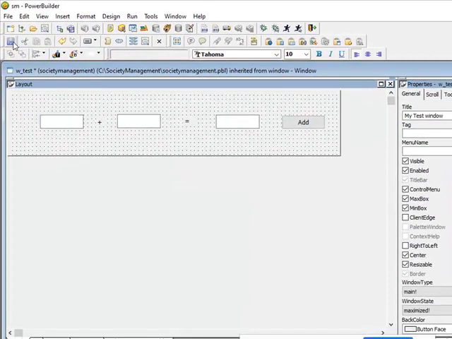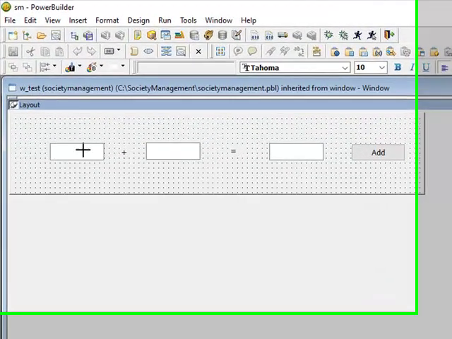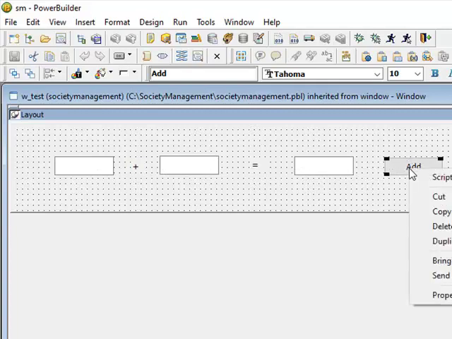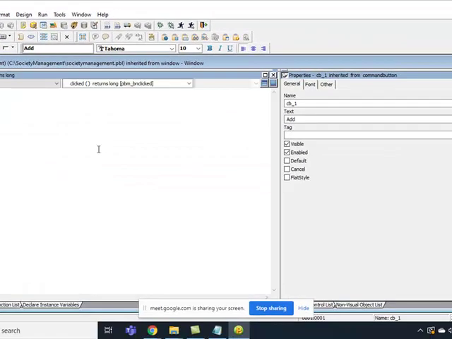Right. So what I want is, whatever I'm typing here or here, these two values should be added and kept here. Yeah. So let's write, and when it should happen, when I click on the add button. So what we will do is, we will go and do something here, right? So what I'm going to do is,